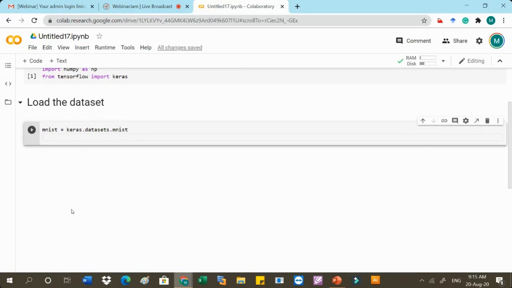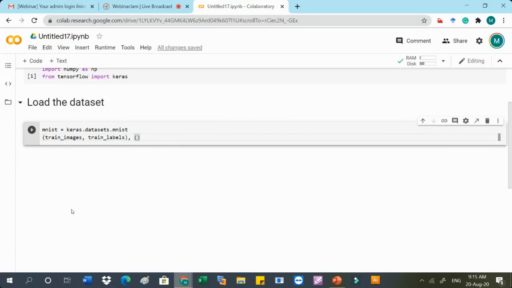Then we have to store this data set. So we can just take train_images, comma, train_labels, and then comma.